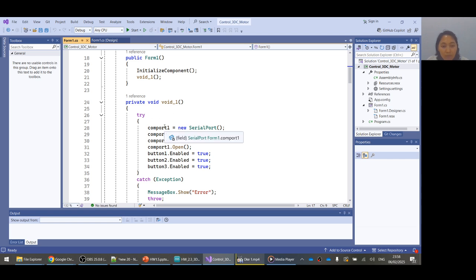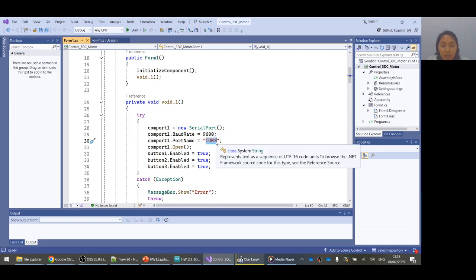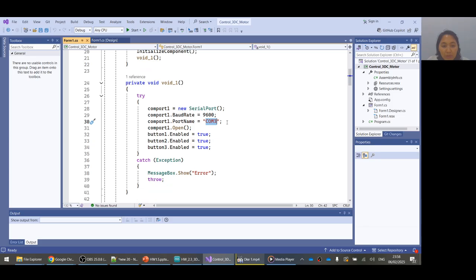This is for opening communication with the Arduino using the baud rate 9600 and the port COM3. This is for opening the communication with the Arduino.